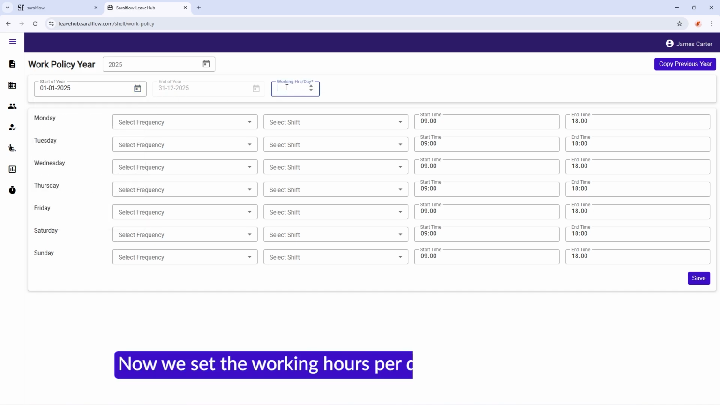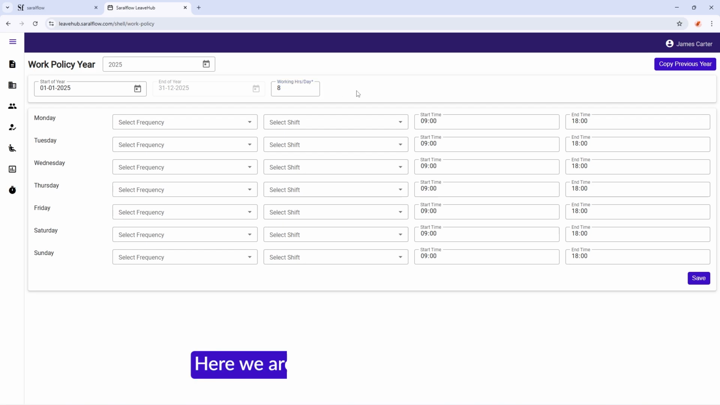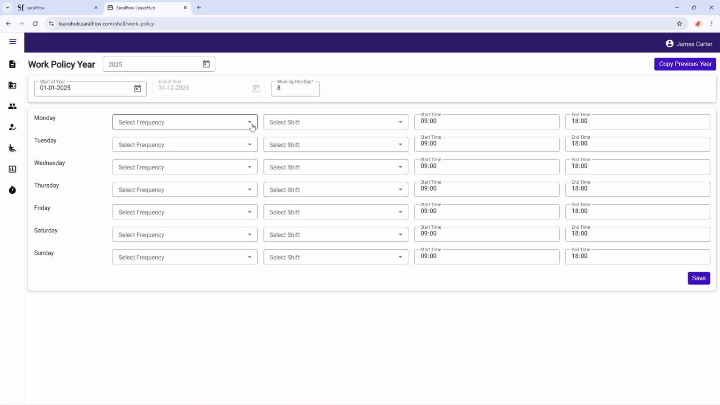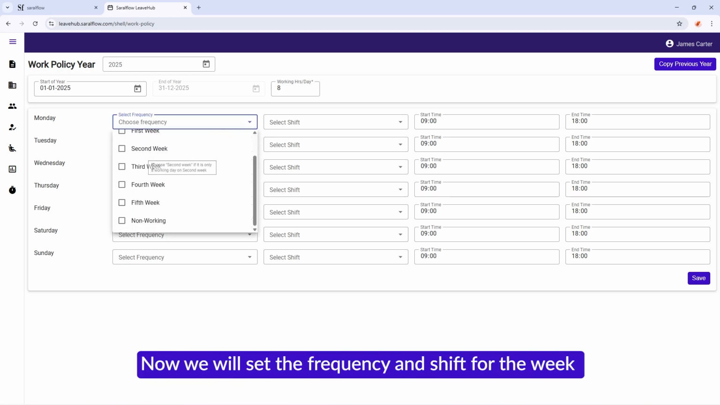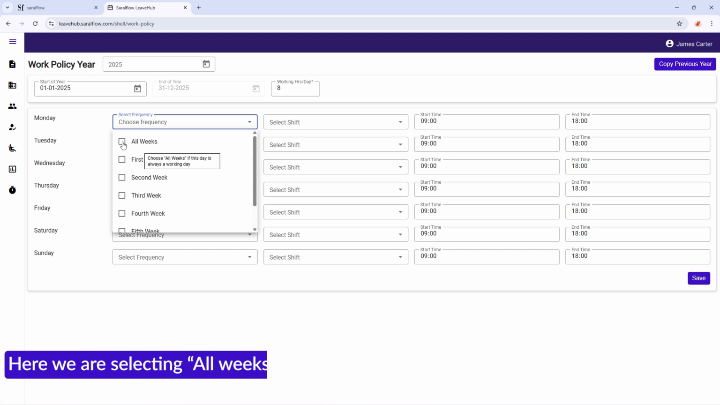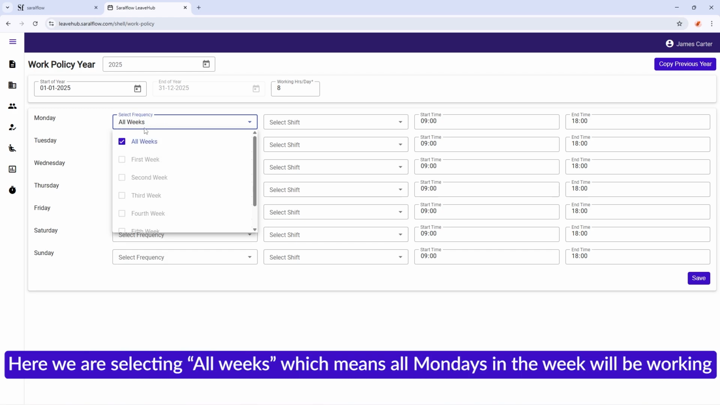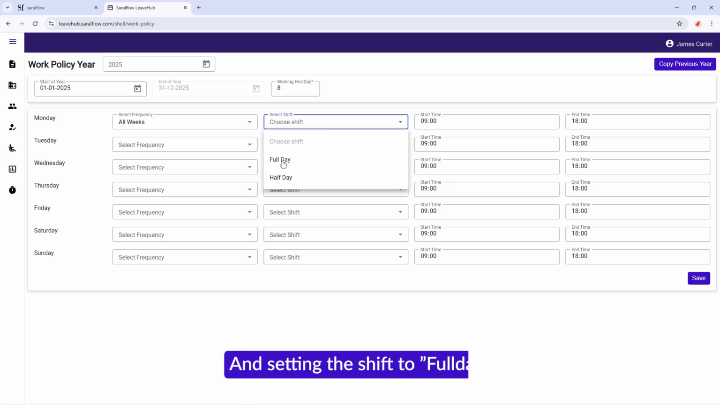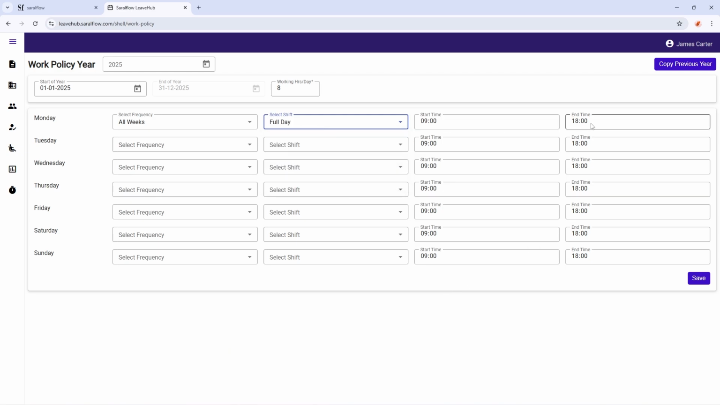Then we have to enter the working hours per day for the company. So here we are mentioning 8. Then the next important column is the frequency and the shift. So frequency is like Monday is going to be the working day for all the weeks in a month. So we'll just select all weeks. Then in the shift we have two options, a full day or a half day. So here we'll select full day. Then we have to mention the start time and the end time